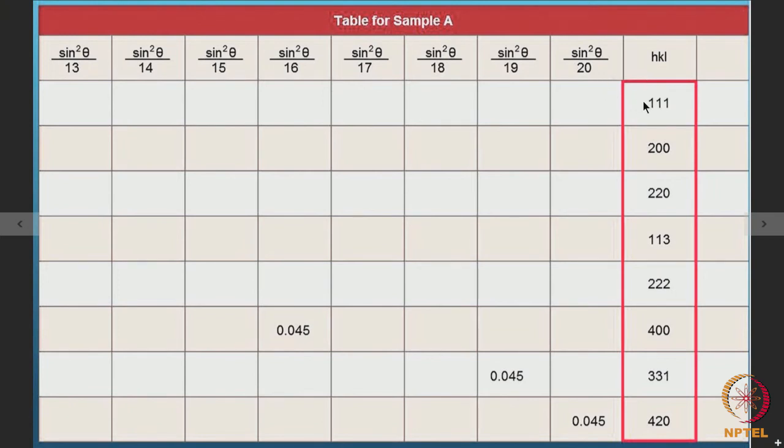Say for line number 1, it will be 1, 1, 1, line number 2 is 2, 0, 0, line number 3 2, 2, 0, line number 4 1, 1, 3, line number 5 2, 2, 2, 6, 4, 0, 0, line number 7 3, 3, 1, line number 10 8, 4, 2, 0, etc. So, you see that